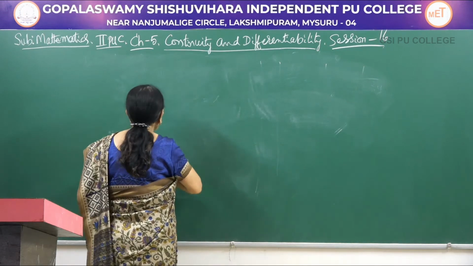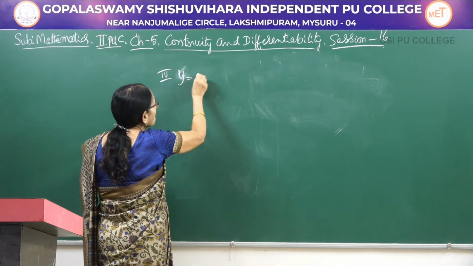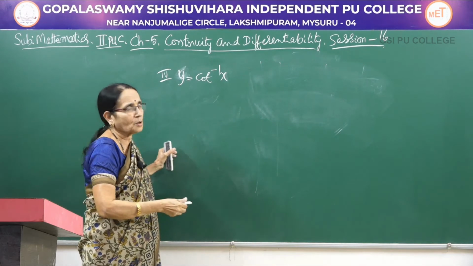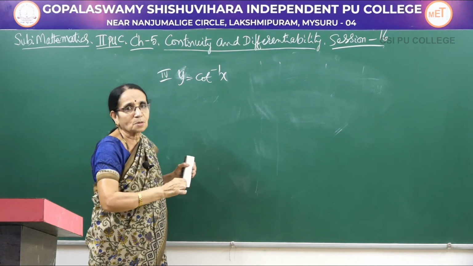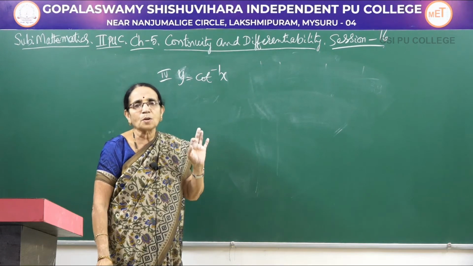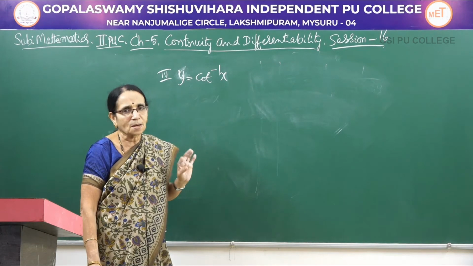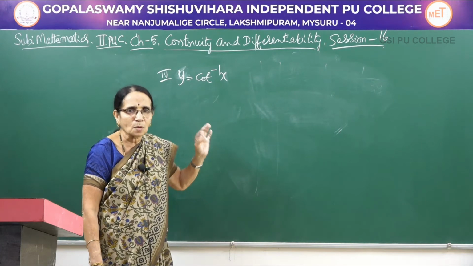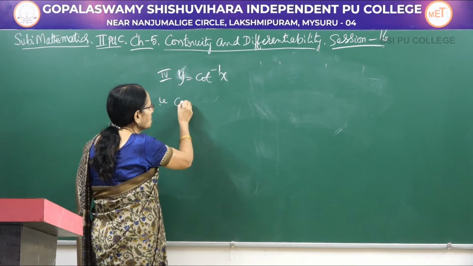Now let me consider the fourth one: let y be equal to cot inverse of x. Tan inverse x I had considered, and now I am taking cot inverse of x. Why I am taking this order is that we will be having the same terms, only the sign would be different. You might have observed sin inverse x has a derivative 1 over root of 1 minus x square, and cos inverse x has a derivative minus 1 over root of 1 minus x square. So it is easy to remember. Now tan inverse x has a derivative 1 over 1 plus x square. It will be almost the same in this case also. So I am considering the same order.